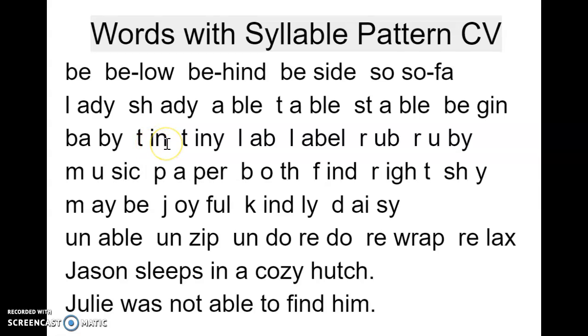In, tin, tiny, tiny, lab, lab, label, rub, rub, ruby, ruby, music, music, paper,